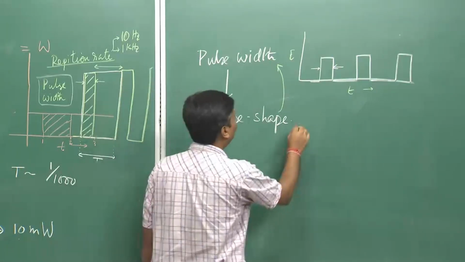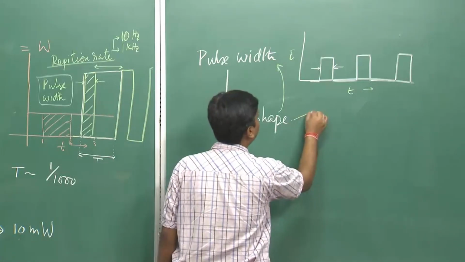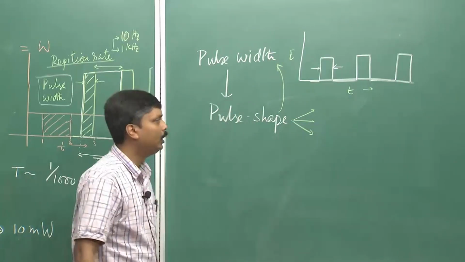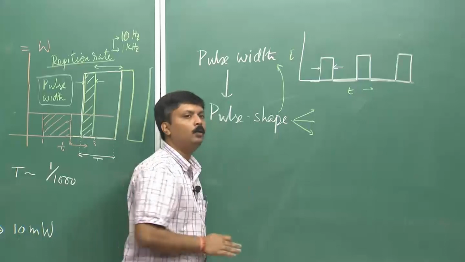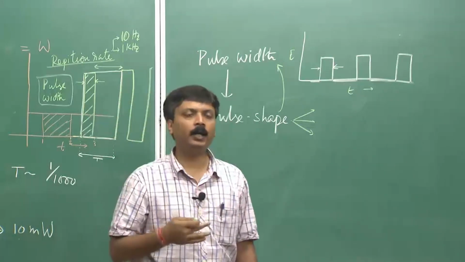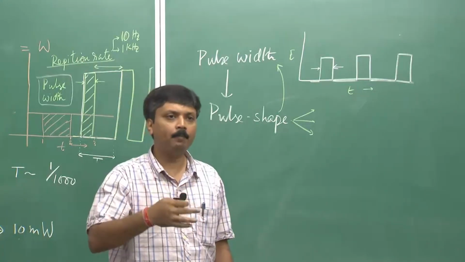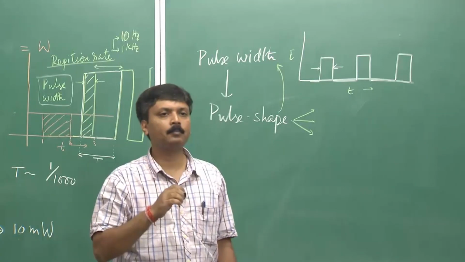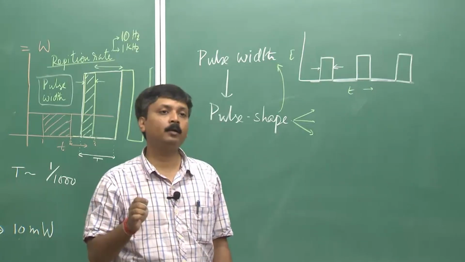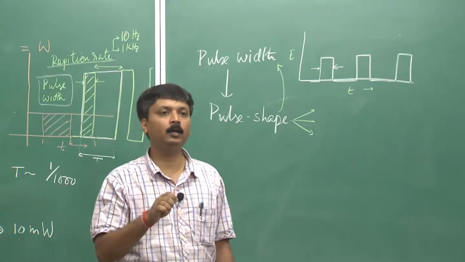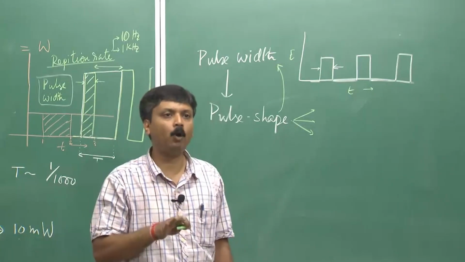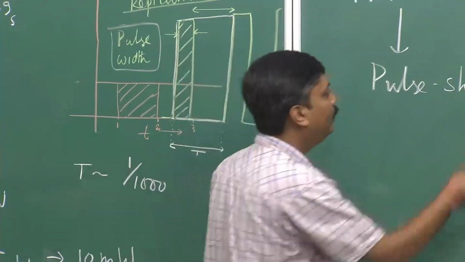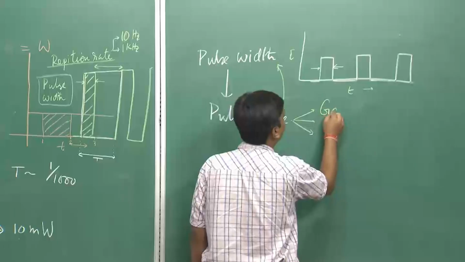So, this can be of different type. So, in general, when I talk about pulse shape, I know that this is a shape of the temporal profile of a laser pulse, which can be fitted to a particular function, at least approximately. What kind of function? It can be our very well known Gaussian,